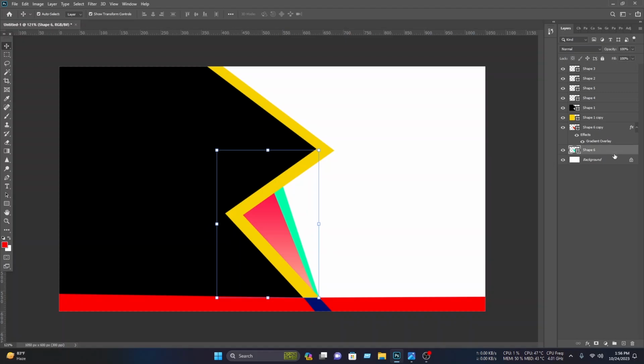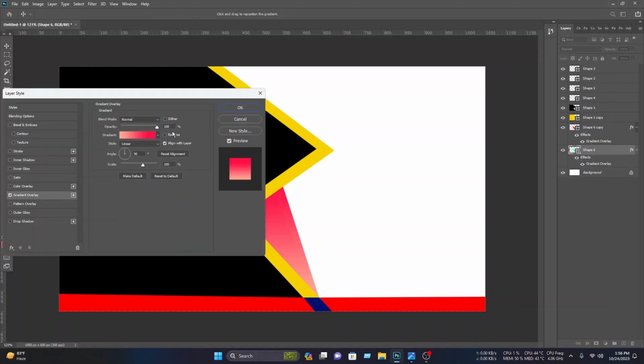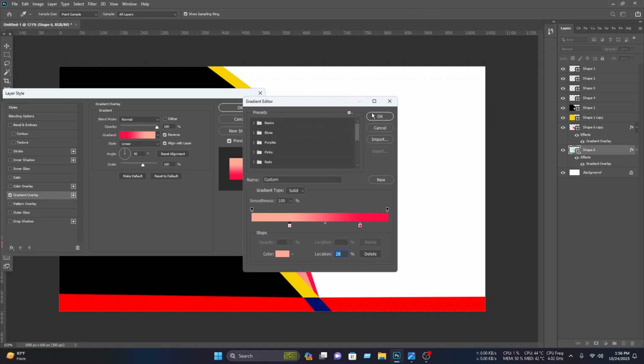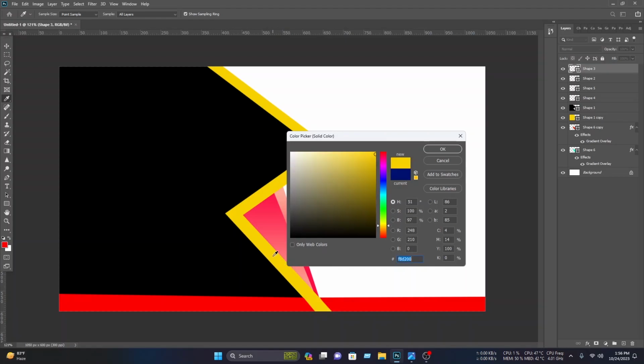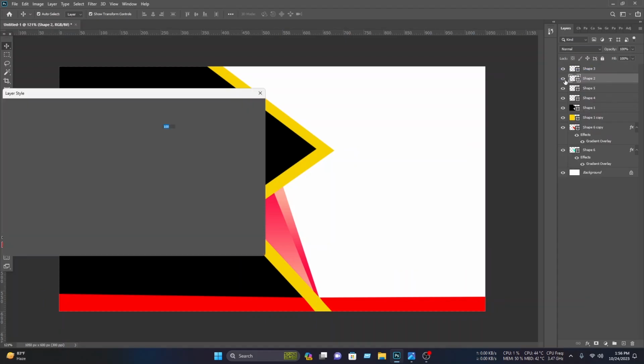Then you have to select this layer, then right click on this layer, then click on the blending option, then click on the gradient overlay, then click on the reverse, then click on here, then drag this in here, then click on the OK. Then select this layer, then double click on here, then select this color, then click on the OK. Then select this layer, then right click on this layer, then click on the blending option,